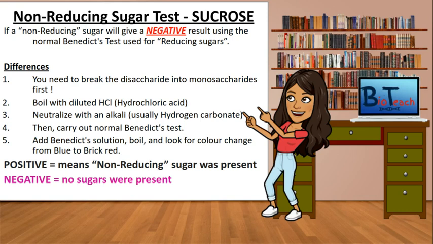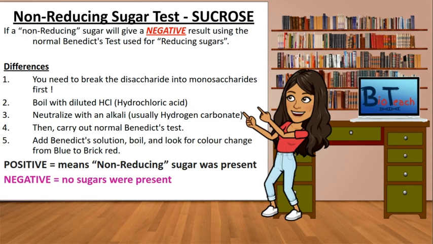So for a sugar such as sucrose, we need to carry out a couple of additional steps. We know sucrose is a disaccharide, so we would need to break it into its monosaccharide constituents. To do this, we would boil the solution with dilute hydrochloric acid and then cool it and neutralize it with hydrogen carbonate. Then we would carry out a Benedict's test by adding Benedict's solution to your sample and putting it in a water bath and looking for a colour change to brick red. A positive test would mean that a non-reducing sugar was present, and